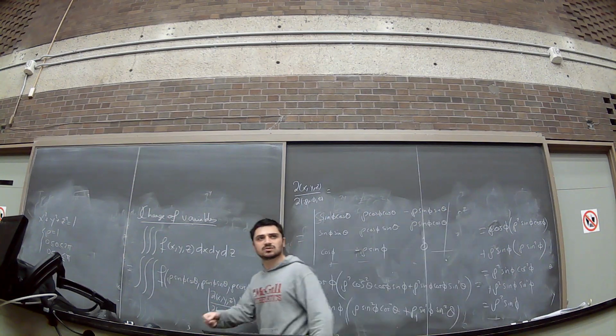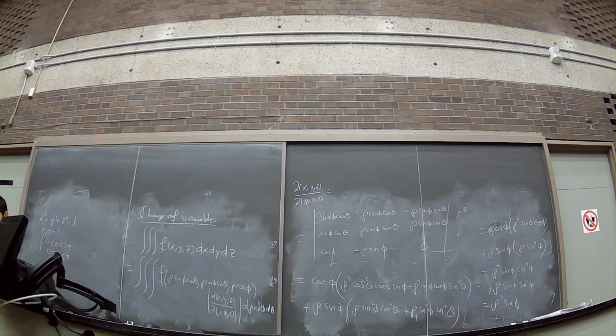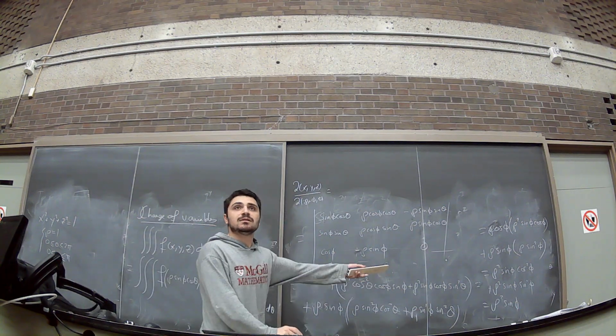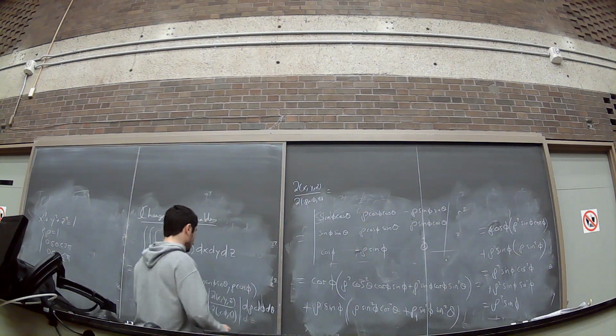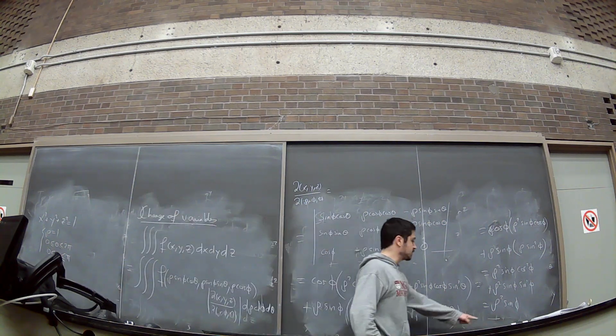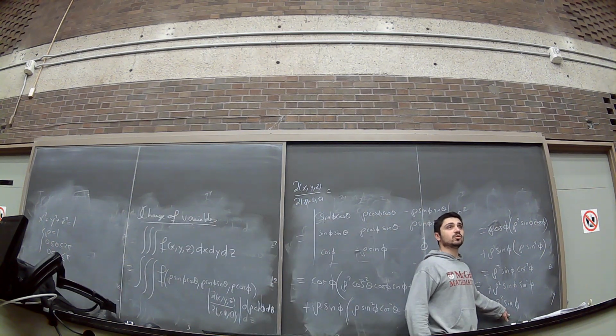This is right. No, this was right all along. Yeah, rho squared sine phi. This was right. There was no mistake. I don't know why I thought there was a mistake. This is good. So the Jacobian is rho squared sine phi. Phi is between 0 and pi, so sine phi is always